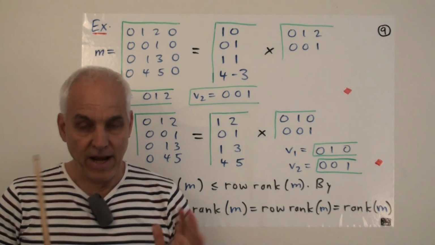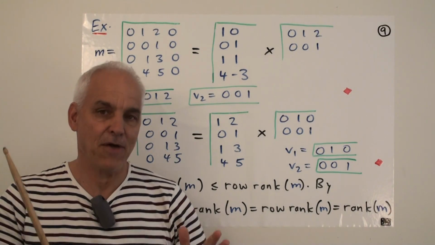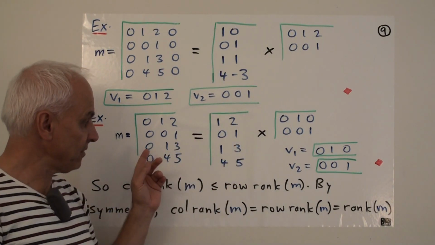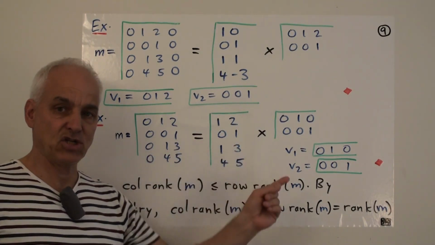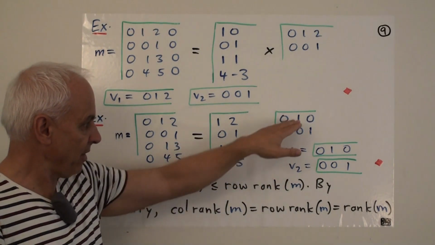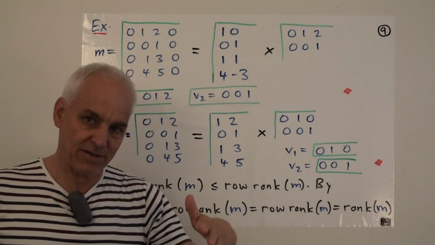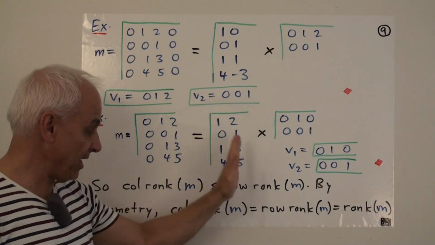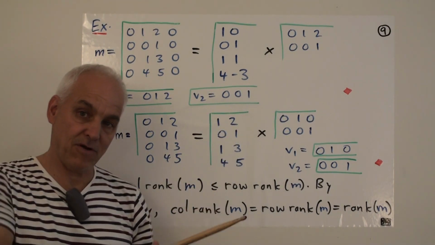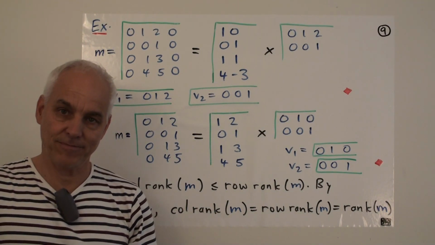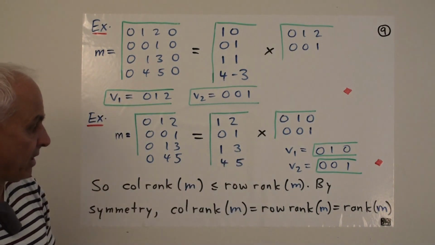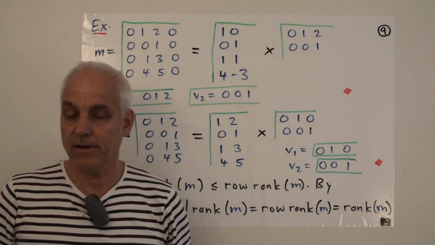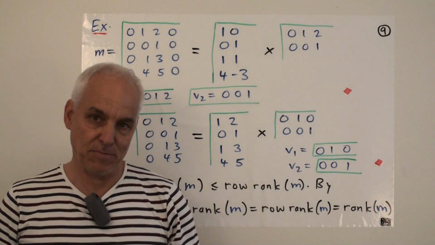Okay, so it's a great exercise to see how this works in practice. As an exercise for you, write down some maxils and find factorizations like this. So find actual minimal row vexels that span the rows. Write down a corresponding factorization and convince yourself that you're also getting at the same time a minimal set of column vectors, or column vexels, which span the columns. We're going to be returning to this as an important little factorization, and the notion of rank is all important in linear algebra. It colors many aspects of the subject.